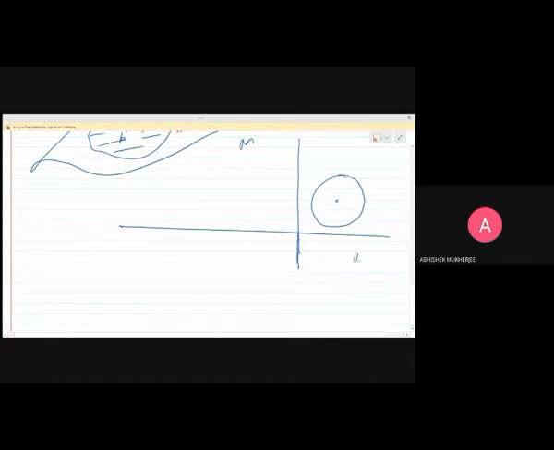This is your Rm, a schematic picture of Rm. So this is your V,